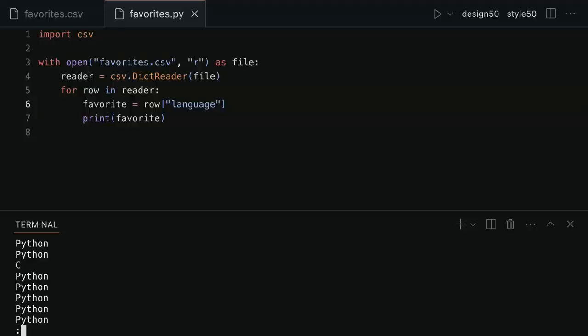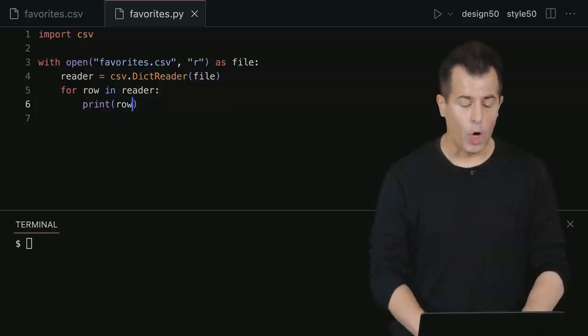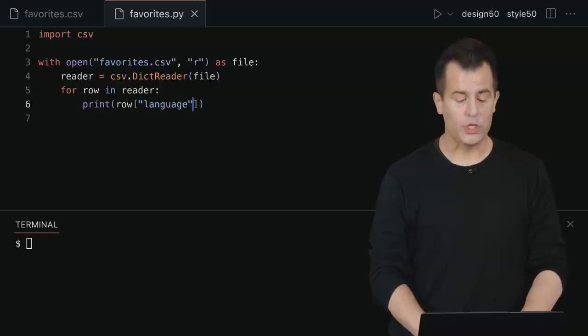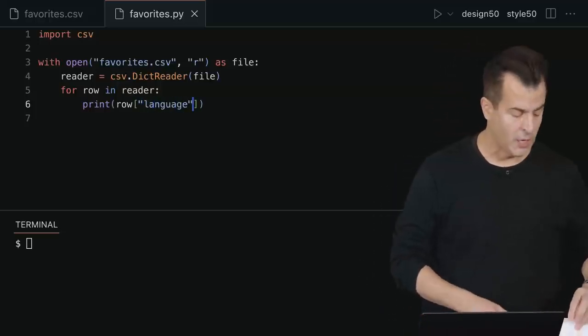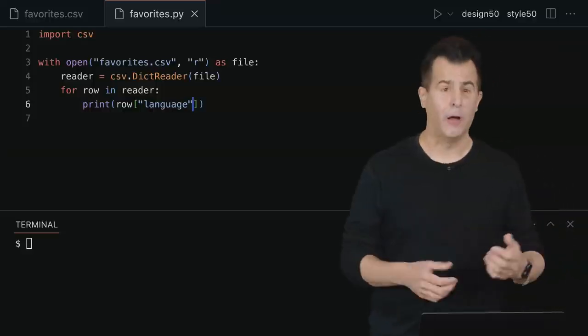Let's tighten this up again. I didn't strictly need that favorite variable. So let me go ahead and actually get rid of that and just more succinctly now print out row bracket, quote unquote, row bracket. I'm confusing the two. Row, quote unquote, language to print out this current row's favorite language. So fairly straightforward there. But now let's actually solve a more interesting problem, because at the end of the day,